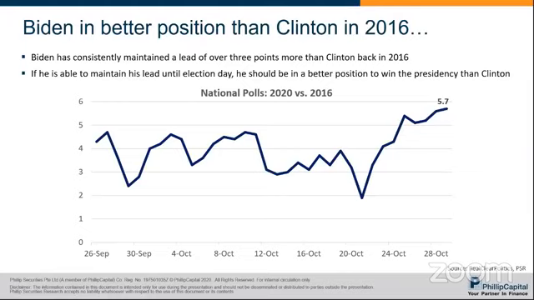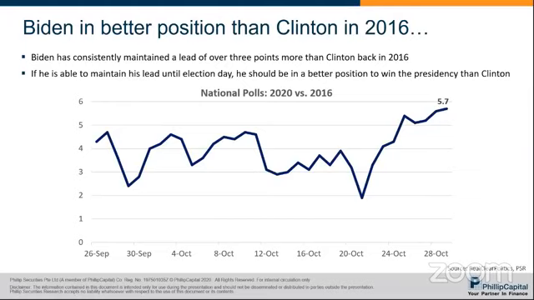Back in 2016, what happened to Clinton was that during the last few weeks of the election, she was hit with an email scandal. The email scandal emerged from her time as Secretary of State. There was an email leak 9 days before the election, which caused her ratings to drop dramatically.